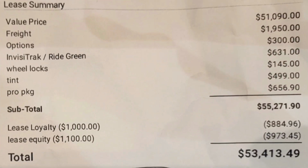You know, casa kasi, so they have to make money, right? So I asked him, is that mandatory? He's like, no. So that's another $499, another $500 that's not mandatory, that's included in the worksheet. So finally, guys, the last one, it's Pro Package. They charge